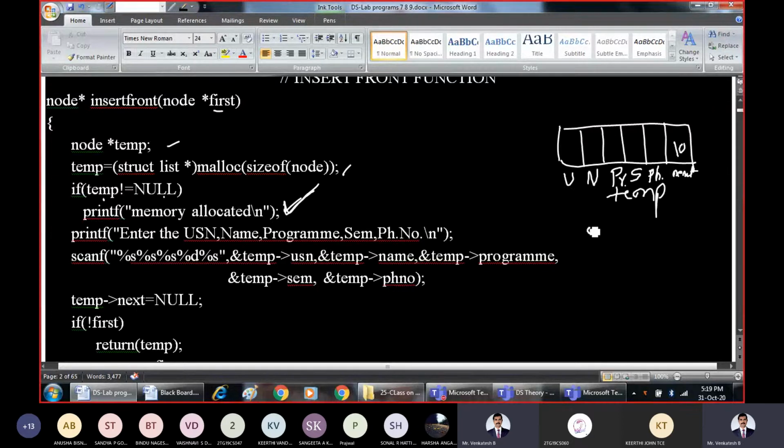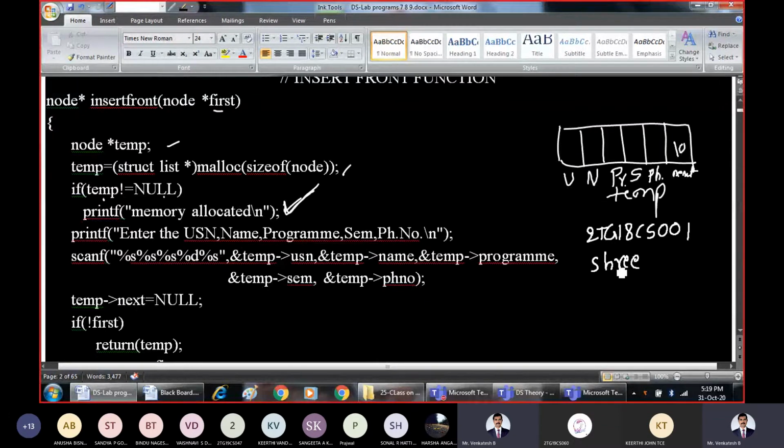Say for example, you are giving these details: 2TG 18CS001. I'll take the name as Sri, because in the same order you should enter.